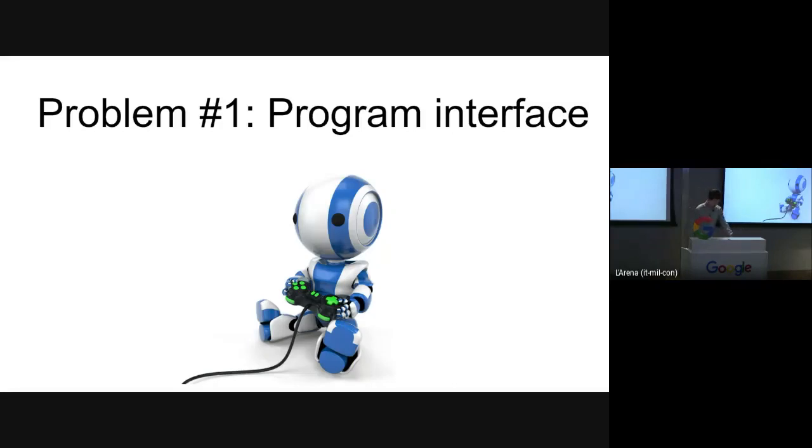And let's start with the problems you most likely face when you want to implement your own algorithm. And the very first problem you will face is the program interface. In particular, your agent must perform actions in the game, in the environment. And so before asking yourself how a machine can learn to play, you must provide this mechanism. Your agent has to perform actions, read the state, read the reward, and so on. So this part is usually overlooked in courses and conferences.